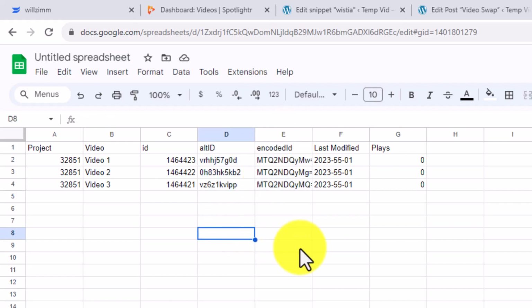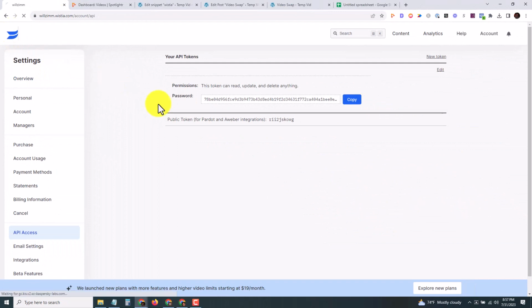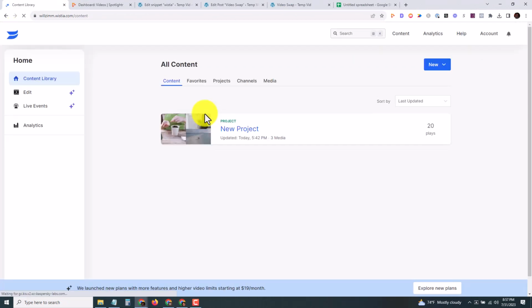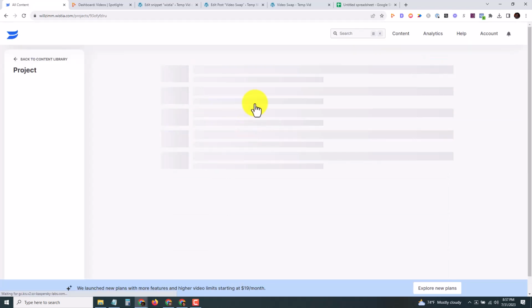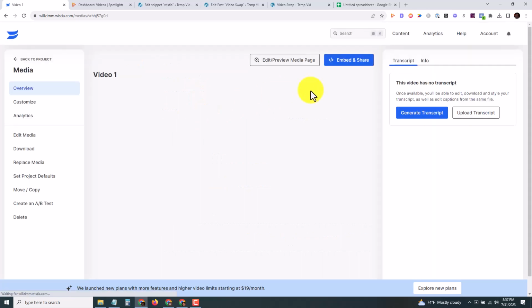So what that's going to do is help you when you're changing all of your embed codes on your web pages. So for example, the Wistia ID here, the first video here, video 1, starts with VRHH. If I go over to Wistia and back to the main account here and check video 1 here, which should be right there. And if you check the embed code,